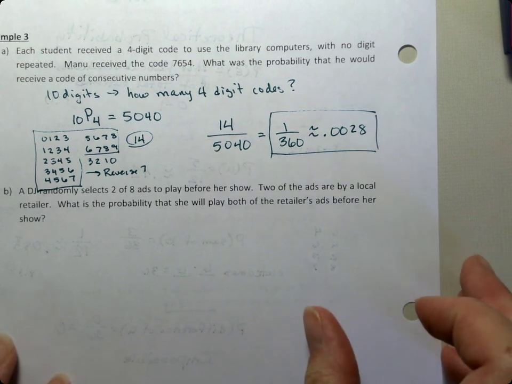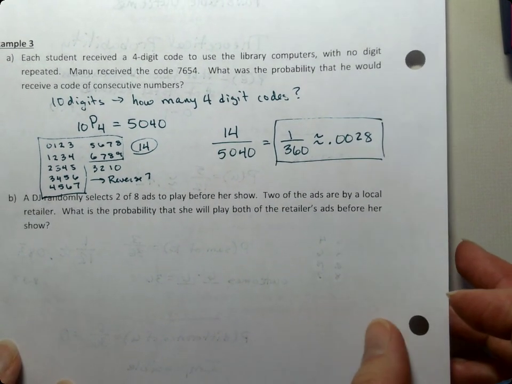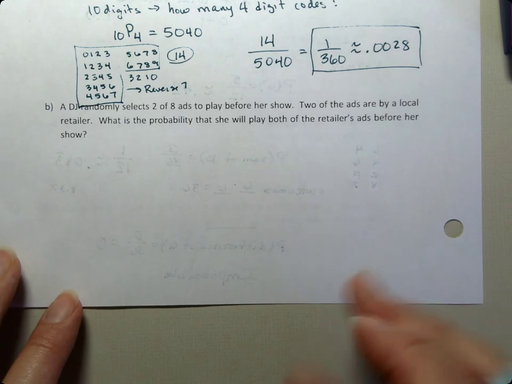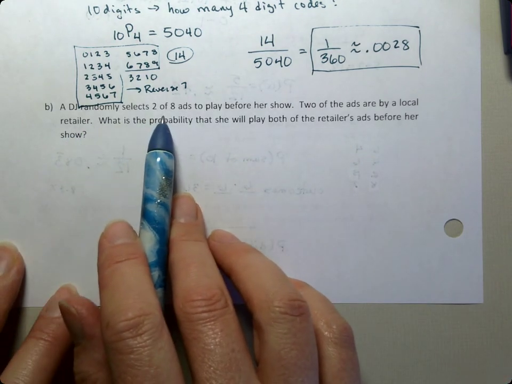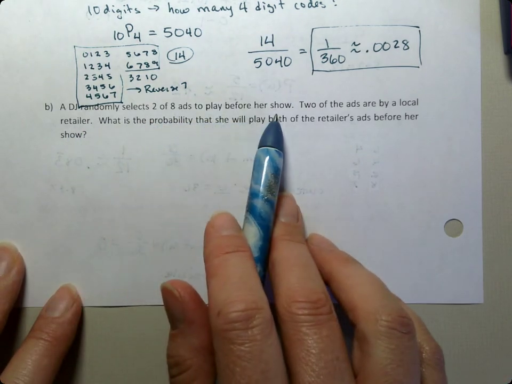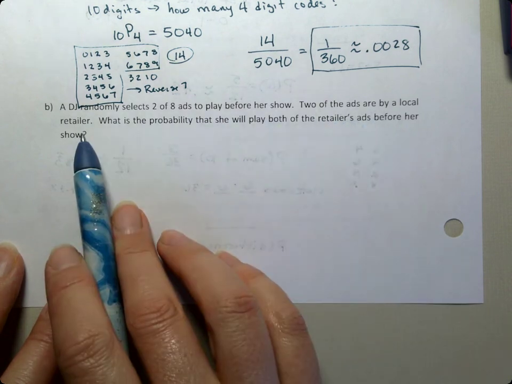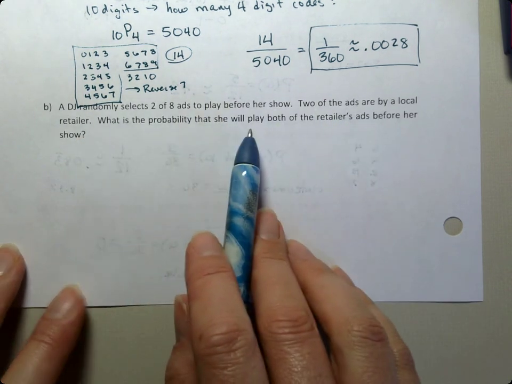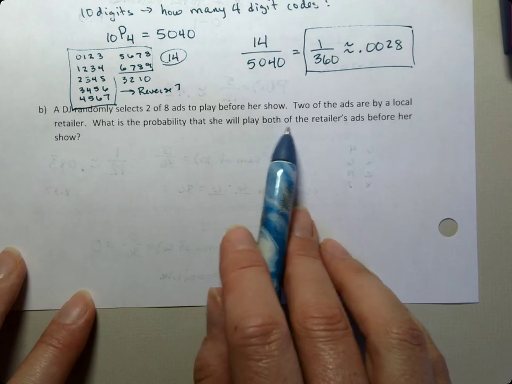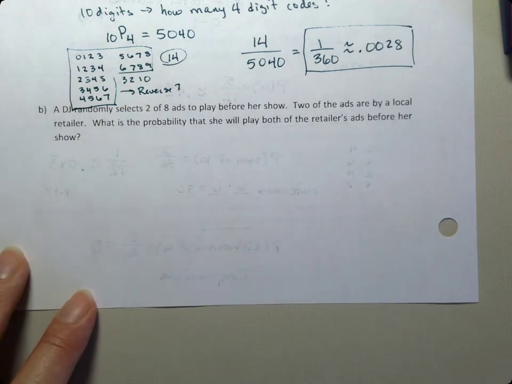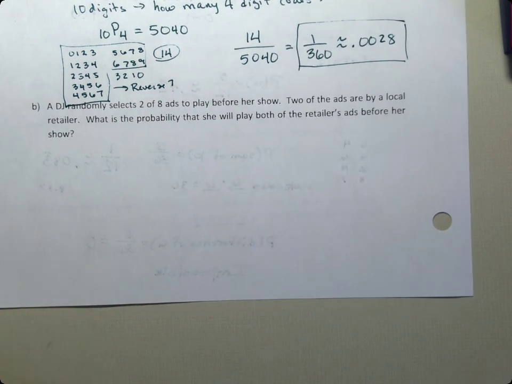Okay, I am going to move to this last one here. A DJ randomly selects 2 of 8 ads to play before her show. 2 of the ads are local retailer. What's the probability she'll play both of the retailer's ads before her show? Do you see how she's picking 2 out of 8? Permutation or combination? The order does matter